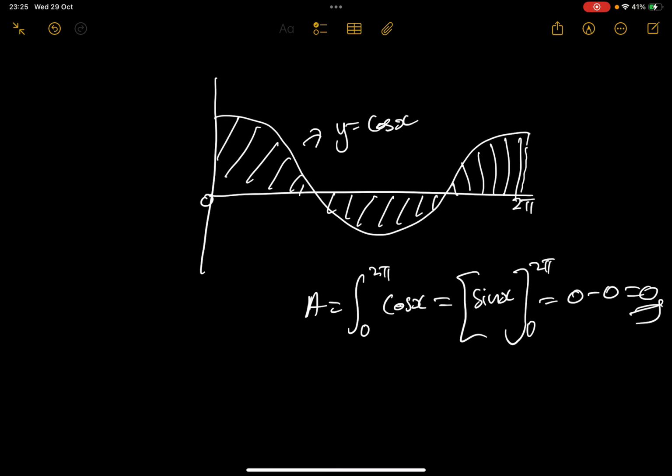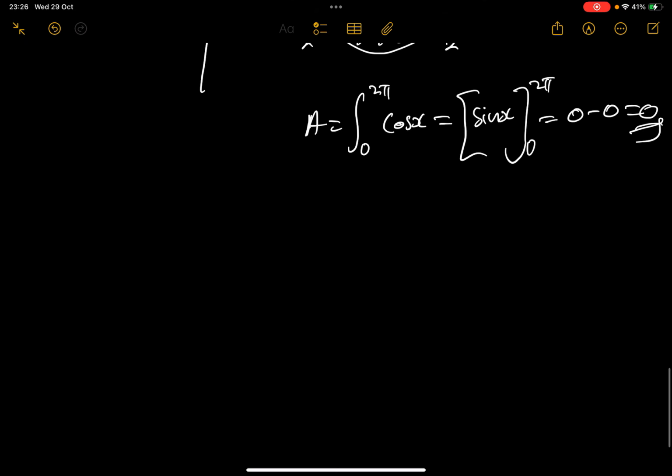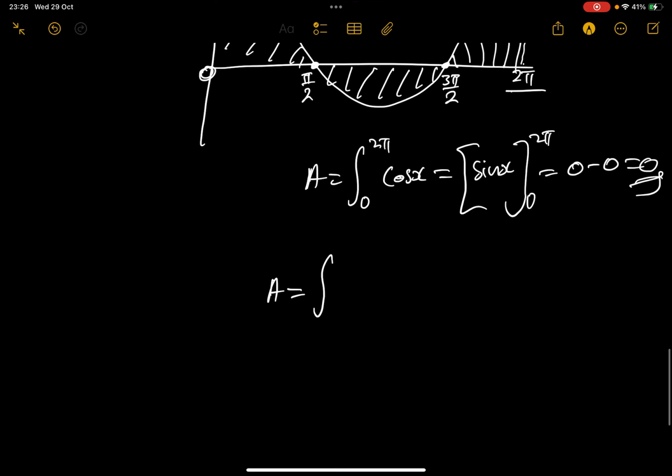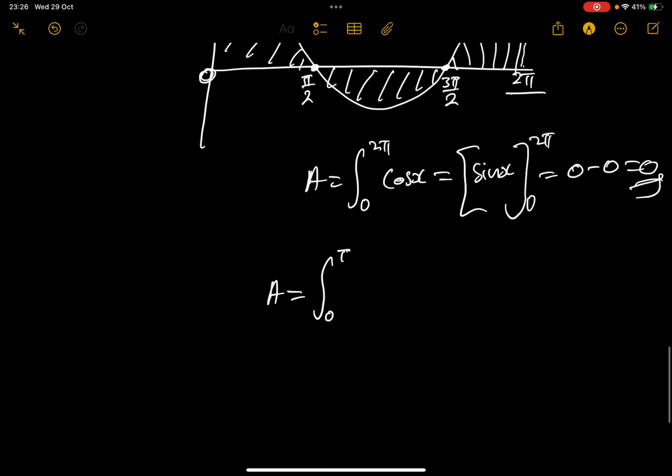You're going to first of all integrate from 0 to this point, and we know that this is pi over 2, right? And then from pi over 2, you're going to integrate to 3 pi over 2, which is 270. Then from 3 pi over 2, you integrate to 2 pi. So you're going to have your area split into 3. And the first part is going to be the integral from 0 to pi over 2 of cos x